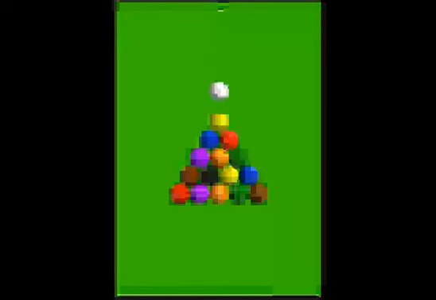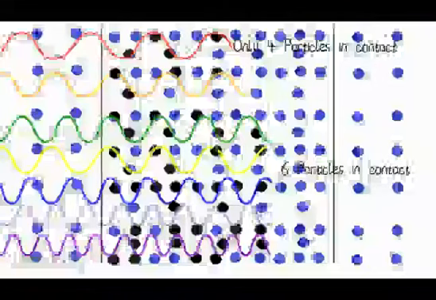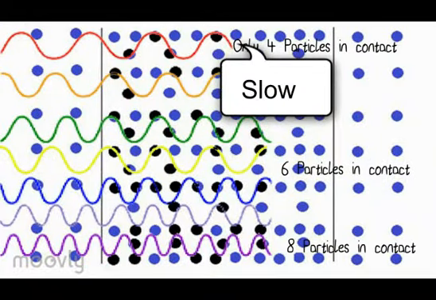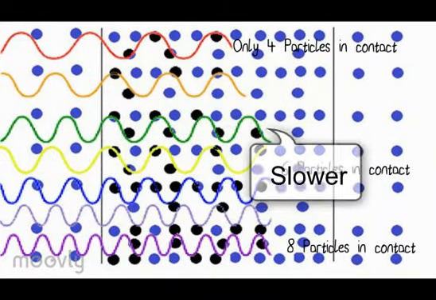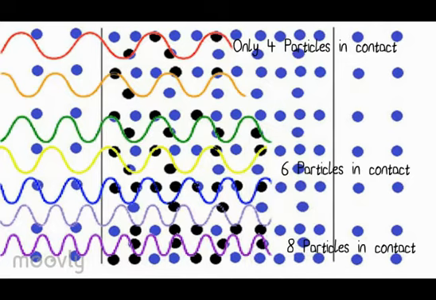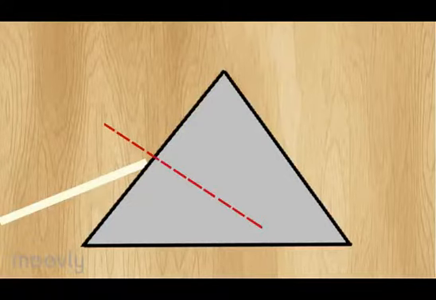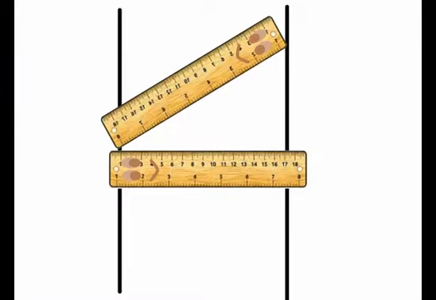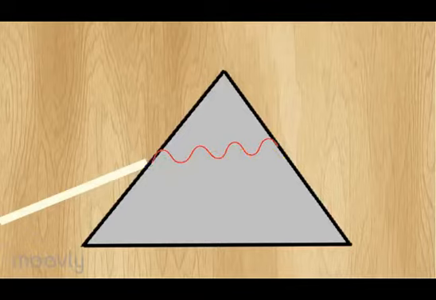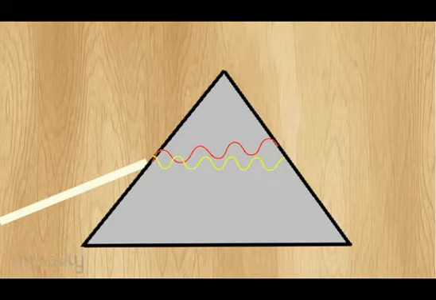Now, due to colliding with more particles, some rays get a little bit slower, some rays get more slower and more slower. So depending upon their speed lessening, different rays will turn towards the normal so that they save time. As we all know, normal is the shortest distance between 2 points. So now in this case, the red light that collides with fewer particles turns less, yellow more and violet even more, because that ray was colliding with more particles, so its speed lessens.